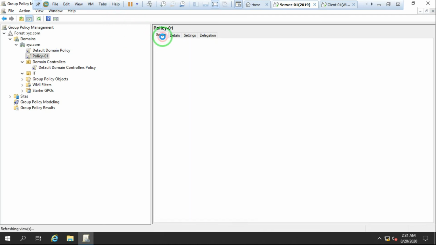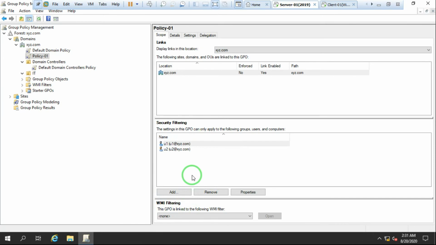Now we have the option named WMI filtering. WMI filtering is used if you want to search for anything in the policy. Like in an Excel sheet, how we apply filters to search for something, the same way we can apply filters on group policies as well, but we can apply only one filter on one policy. We're not able to apply more than one filter in a particular policy. Understood? Fine. If you want to create filters, you need to know the WMI filter language, which is an XML-like language.